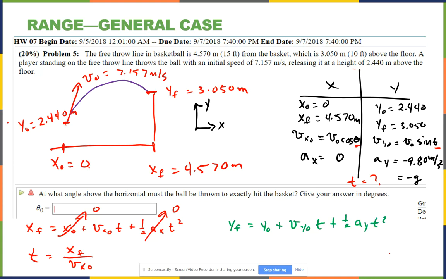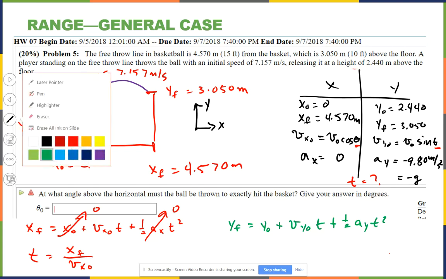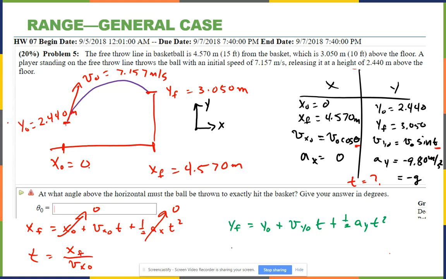Once again, I will set my zeros. Done. There's no zeros in this equation. Next, I will substitute in my equation for time, and I will substitute for Vx and Vy. So substituting in my equation for time and substituting for Vx and Vy, I get